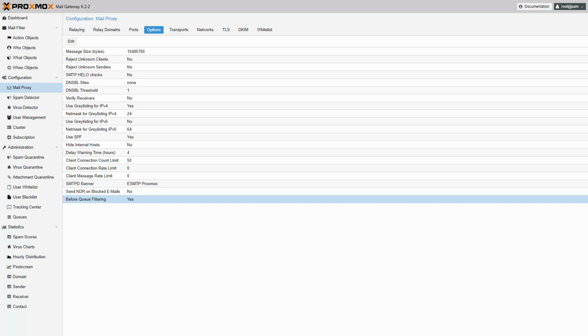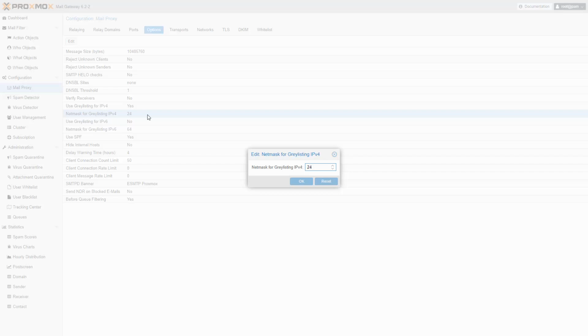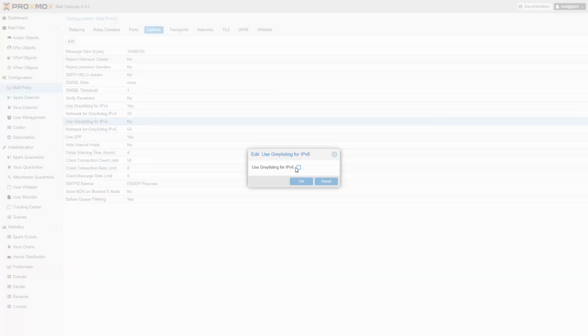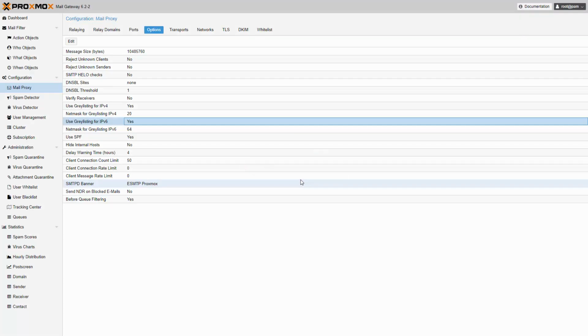As some cloud providers send out one email from different IP addresses within a large network, this usually leads to a rather long delay and sometimes even to a legitimate email being rejected. With Proxmox Mail Gateway 6.2, the administrator can now configure which hosts should be considered to belong to the same network by setting a larger or smaller prefix instead of using /24. This works on IPv4 and IPv6.